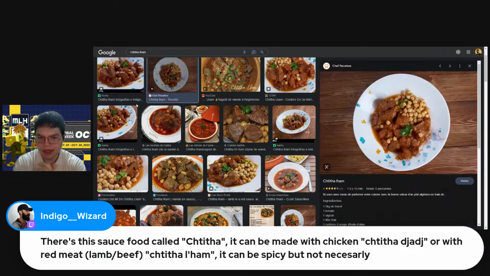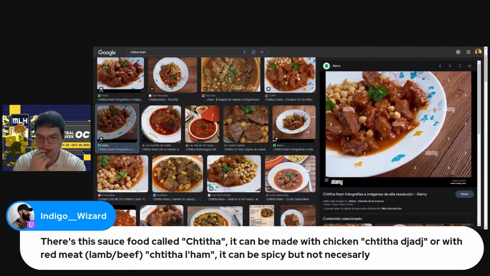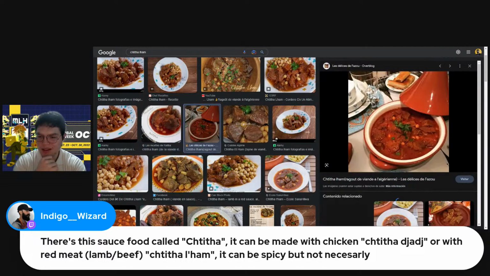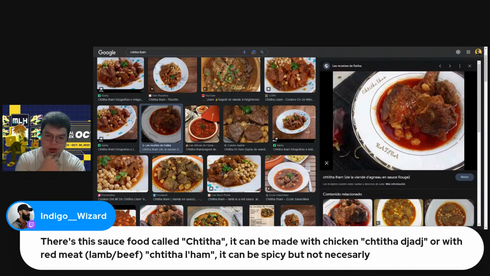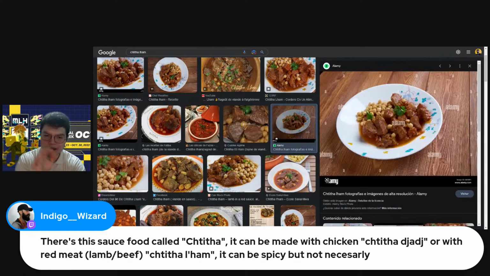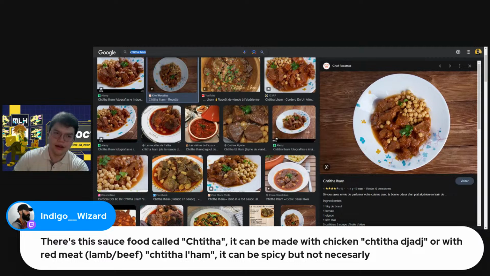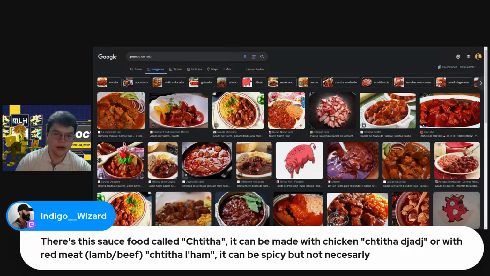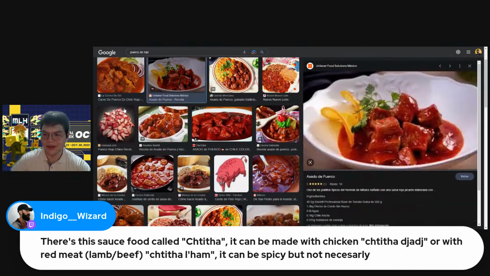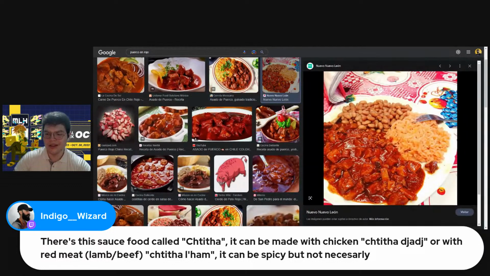This is with red meat, right? Yeah, looks like cow meat. Oh my God, it looks so tasty. I think this looks real similar to a dish that we have here in Mexico, but I cannot remember how it is called. But instead of using red meat, we use pork meat. I think it's like puerco en rojo. Yeah, they look so similar, but instead of using red meat, we use pork meat, and instead of using